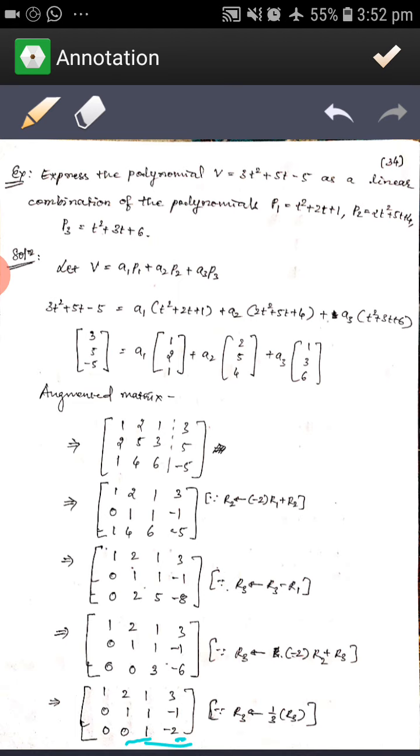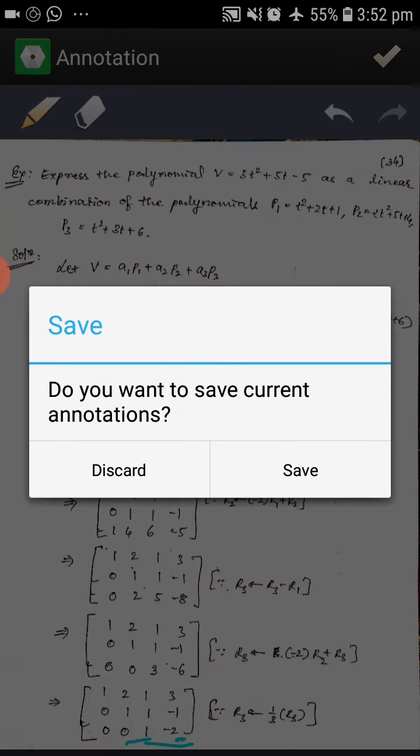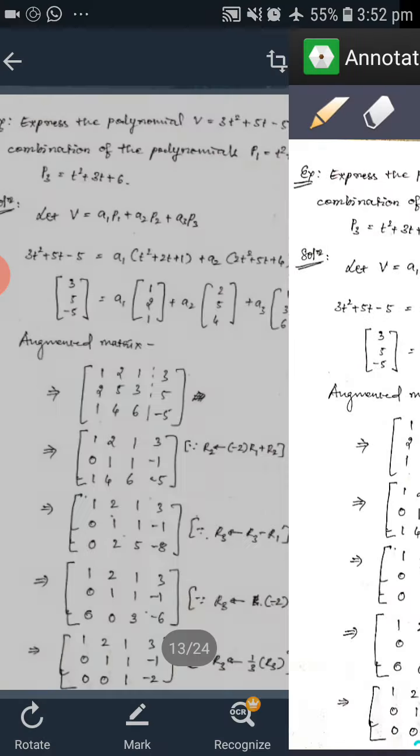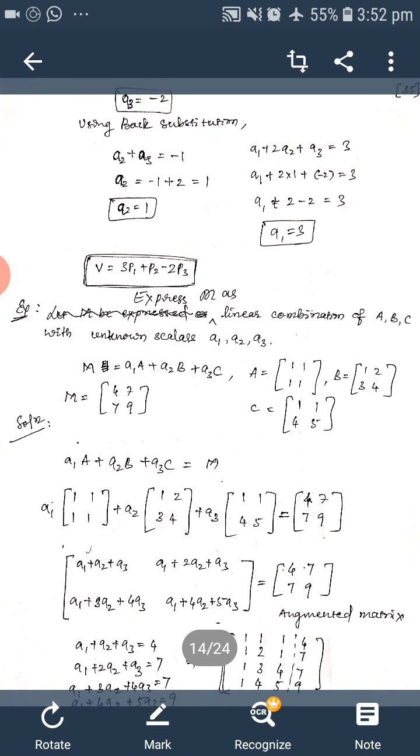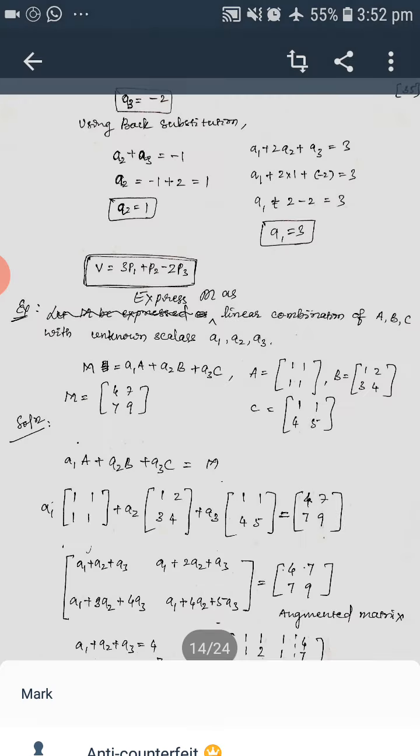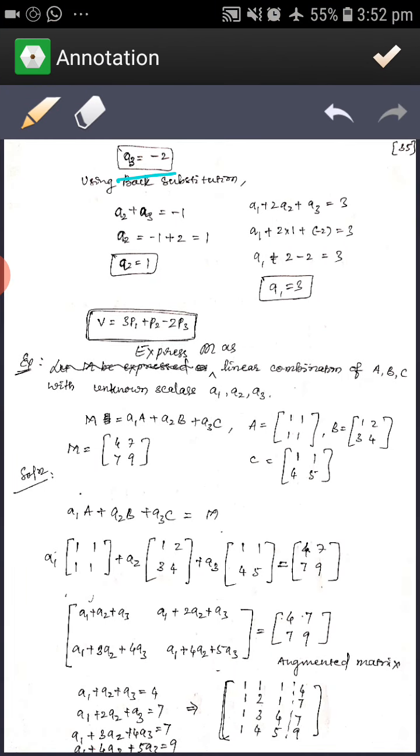So directly we can take x3 equal to -2. You can say a3, as they have taken, a3 is equal to -2 we can write. Then you substitute this value in the other 2 equations, then you will get a2 as 1 and a1 as 3. Okay, so this is one more type of question that can be asked, and the next one